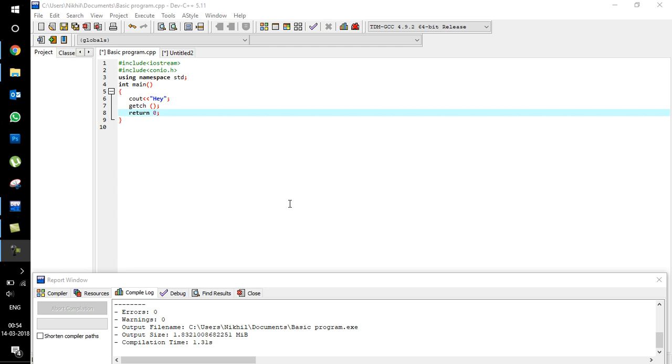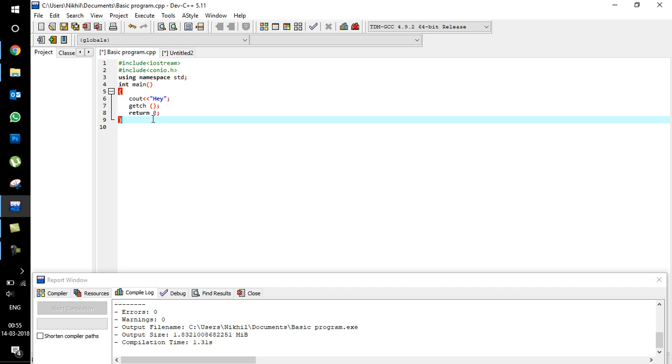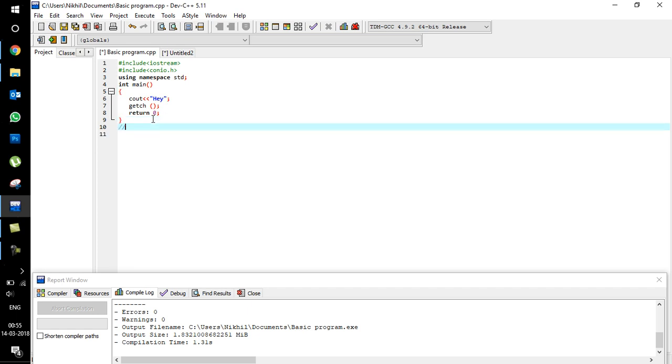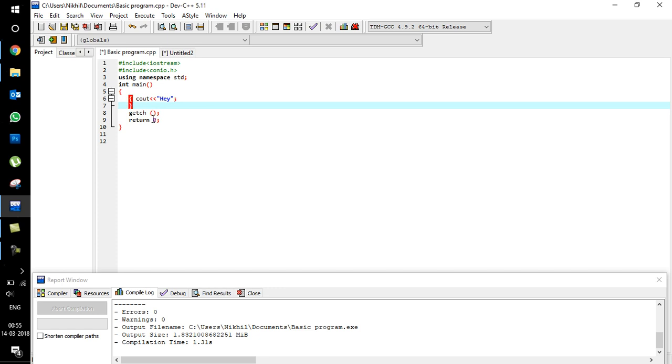Now, as the name suggests, a loop is any mechanism which repeats again and again until a condition is satisfied. So in C++ we have three types of loops. One is a for loop, one is a while loop, and one is a do while loop. Okay, let us look at each type of these loops one by one. Just a simple example is what I'm going to show right now. So the aim of the program that I'm going to make right now is to print the statement hey 10